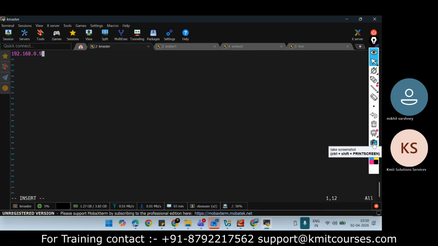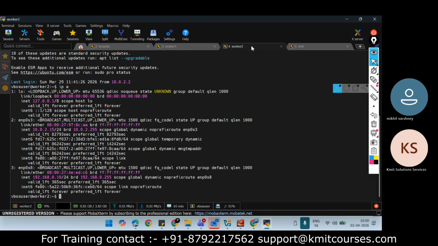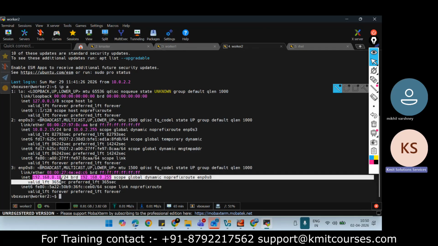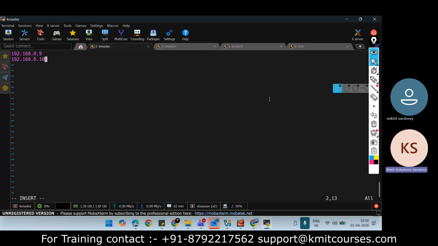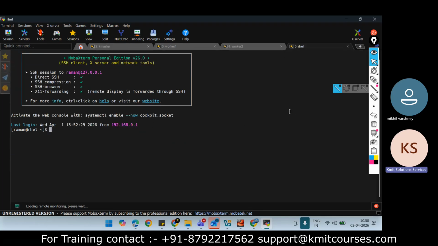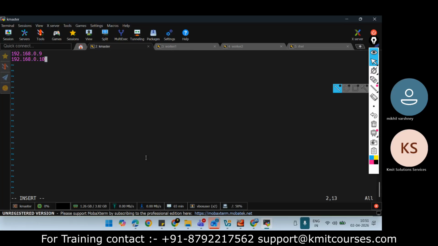Second, my worker node 2. This is the IP address of my worker node 2, and I will put it into my inventory file. Same way, I will go to my Red Hat system. I will check the IP address. It is 192.68.0.3. Right.